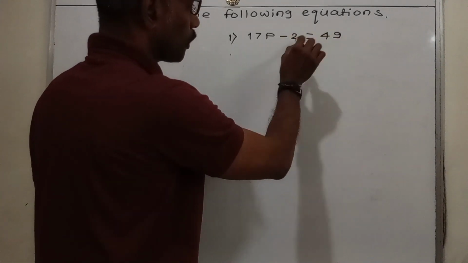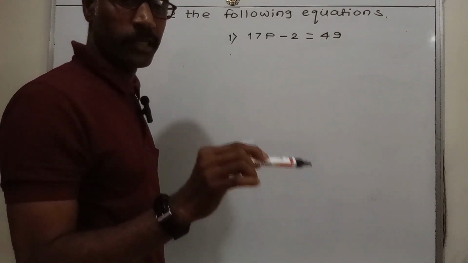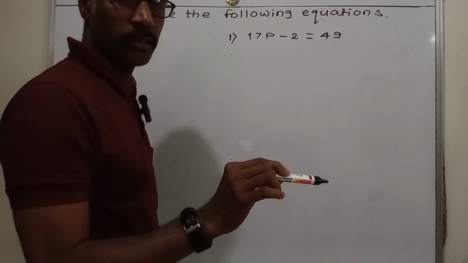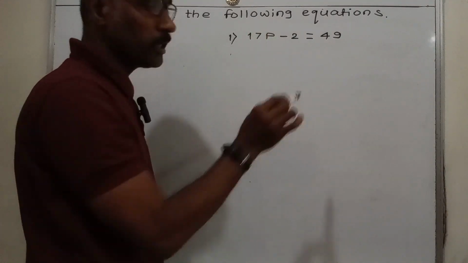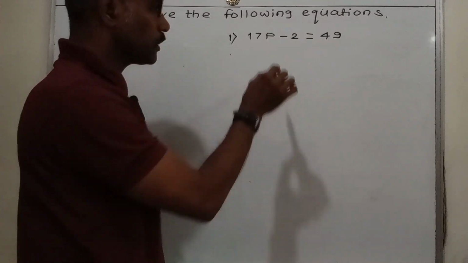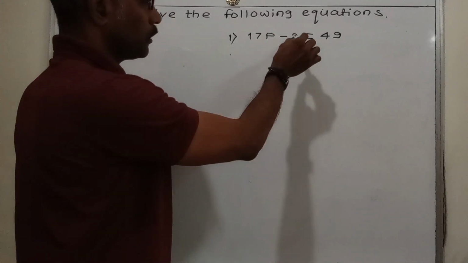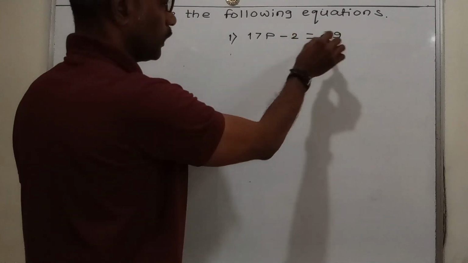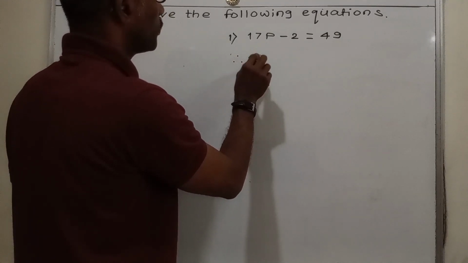So these two are called like terms, and like terms we take together. Did you get it? 17p is different from these two because there is variable p, but here there is no variable. So we take these two together. Therefore 17p